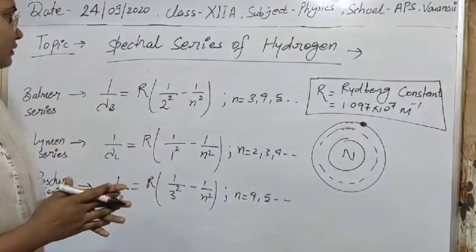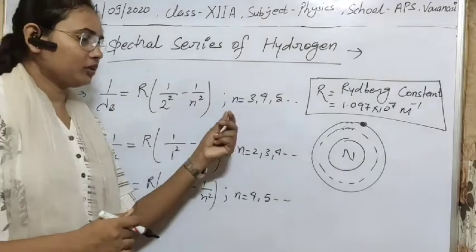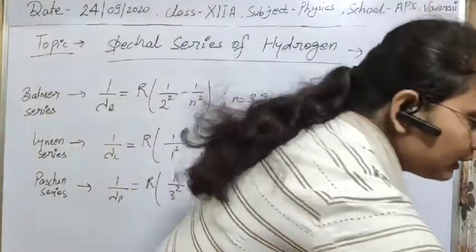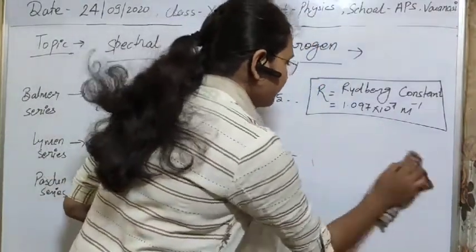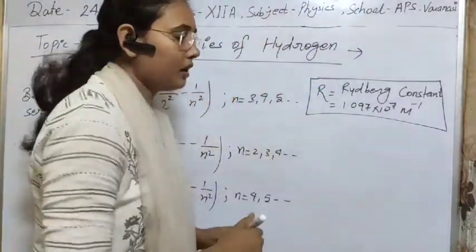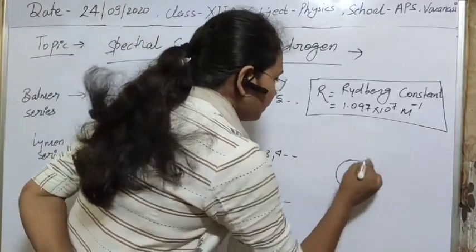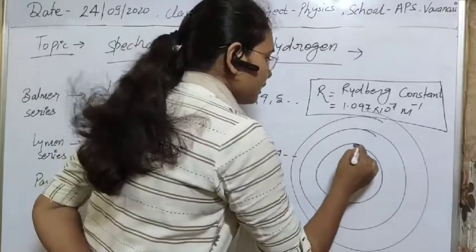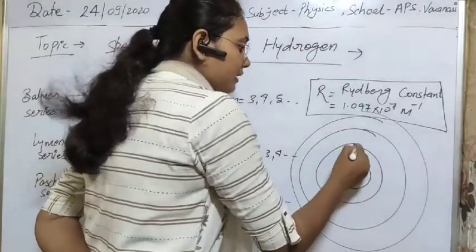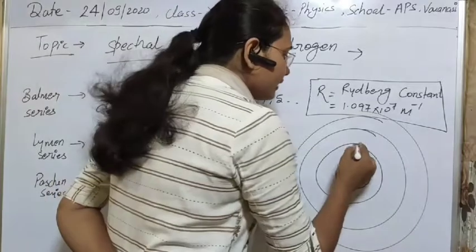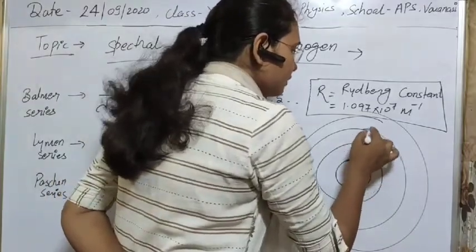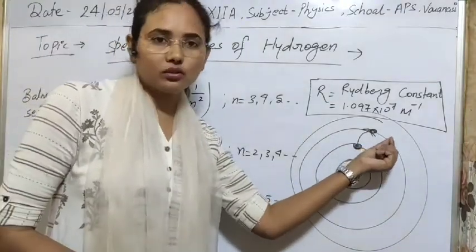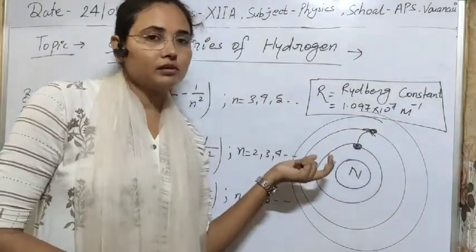I think I have to tell you about the absorption series in this case. Suppose this electron in hydrogen is getting energy from outside. So we add some energy to this electron from outside, and if that energy is sufficient to reach a higher orbit from a lower orbit, it can make the transition by absorbing energy.